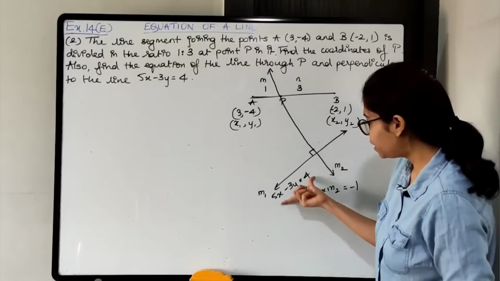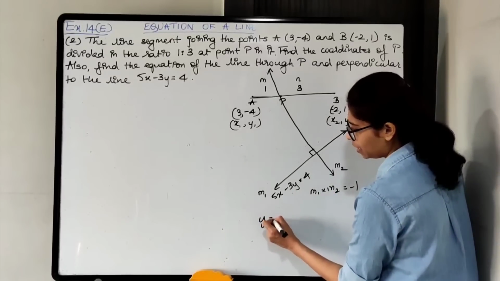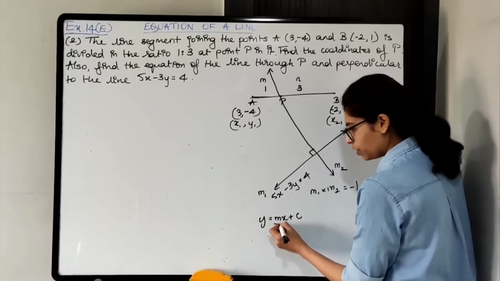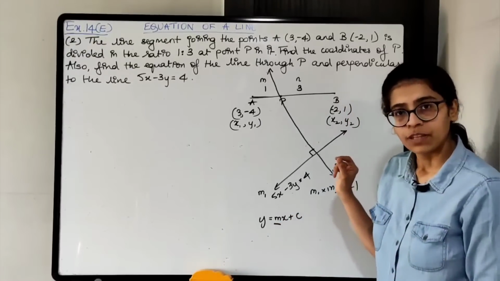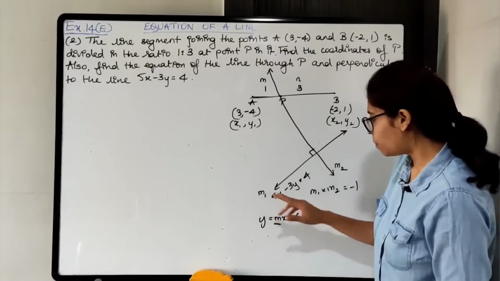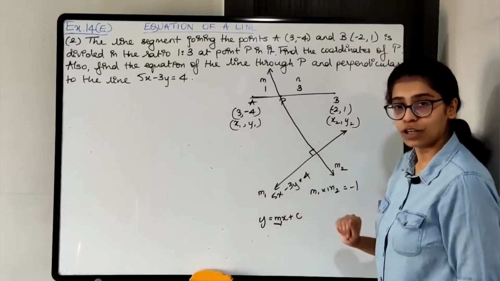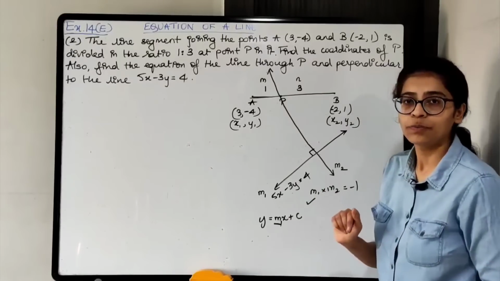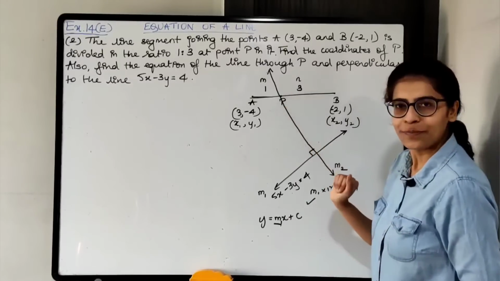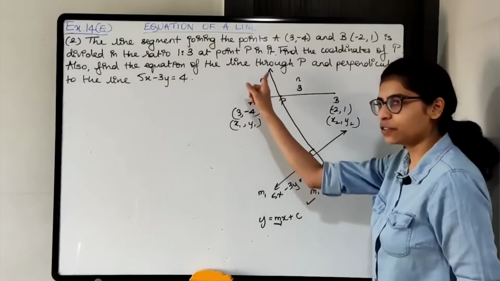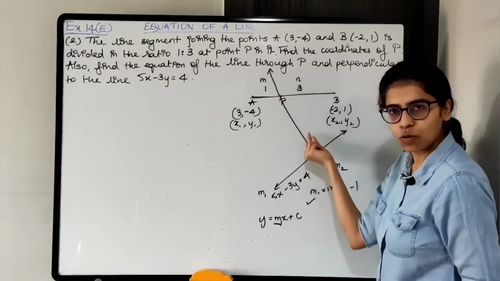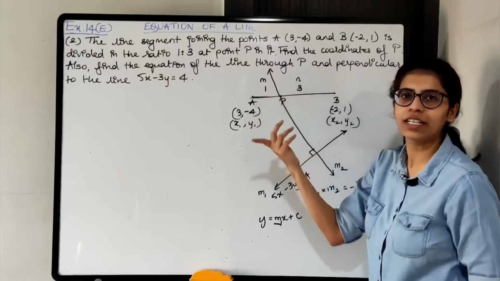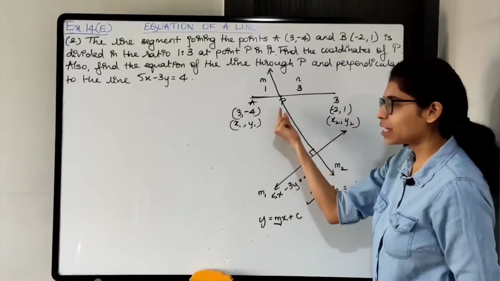Okay, so you will bring this equation in the standard form, y equals to mx plus c. Compare करके you are going to get m का value. Okay. So once you get the slope m1, all right, m2 easily मिल जाएगा. Put the value of m1, you will easily get m2. Now once you get m2, for this line passing through P, we have slope, we have one point का coordinates, P is lying on the line, so P का coordinates भी पता है. We'll get it from section formula.